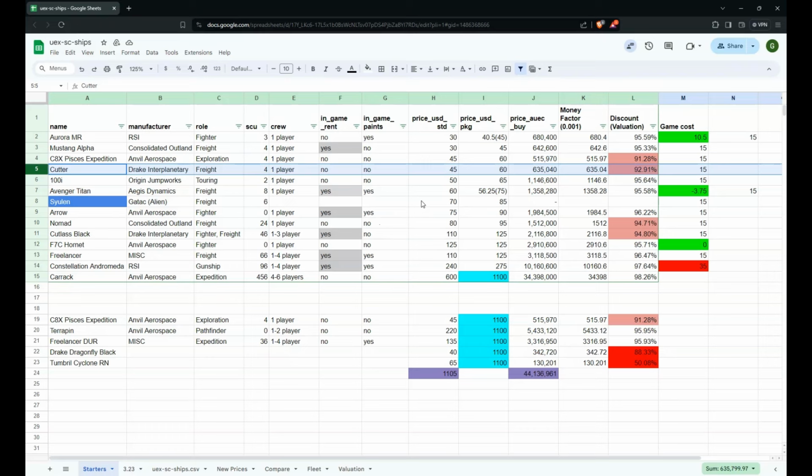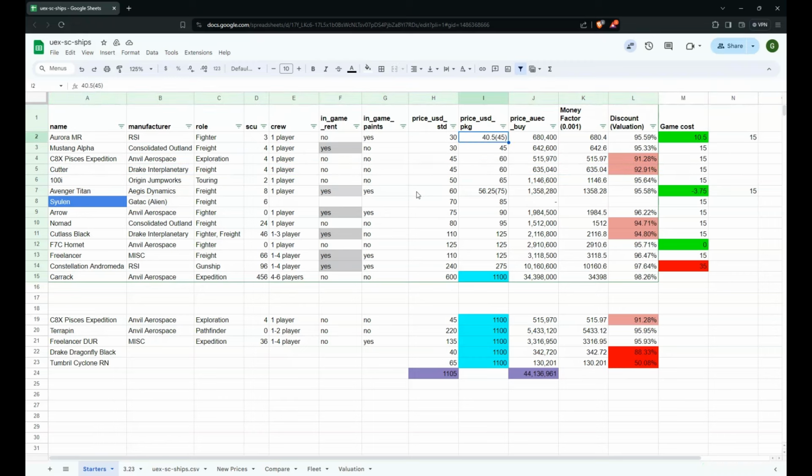The Aurora and the Mustang Alpha are very similar. Currently, with this discount, this clearly makes the Aurora a better purchase. Similarly, the Avenger Titan is on a relatively deep discount, right? Even though it's a digital asset, this is probably the better recommendation temporarily, but I think that a recommendation